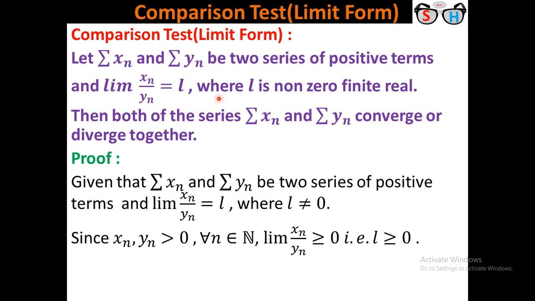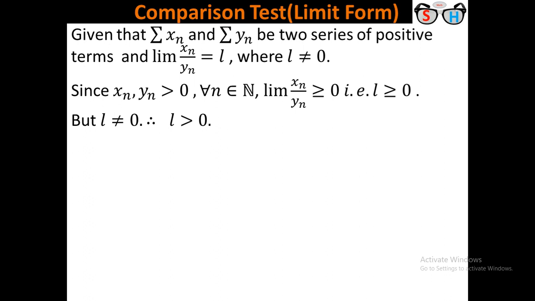But here it is given that L is a non-zero finite real number, so from L greater than or equal to 0 and using that condition, we can conclude that L is strictly positive. Let us choose epsilon such that some conditions hold. Why we take epsilon satisfying some conditions, I will discuss later. However, for a particular epsilon, we can find a natural number.